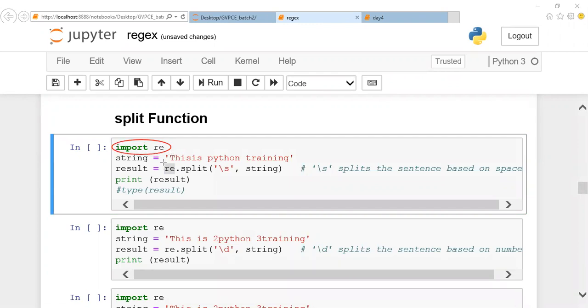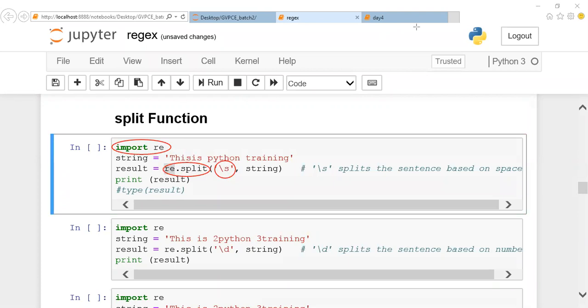Whatever function you implement from the regular expression module, you mention re dot followed by the function name. So if I write re.split with \s, it will split based on the spaces